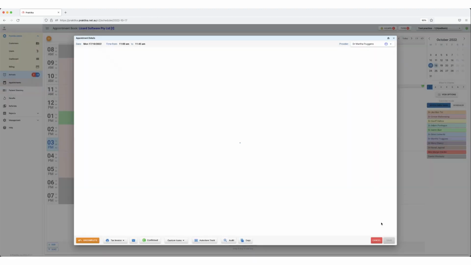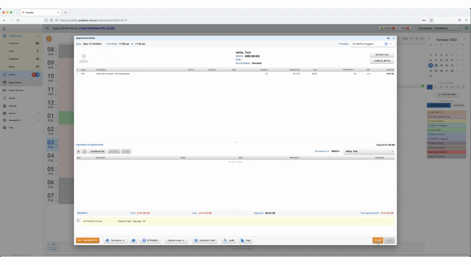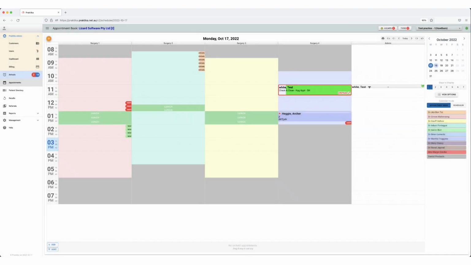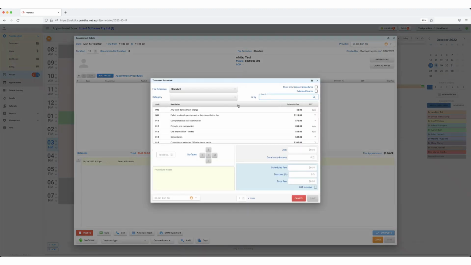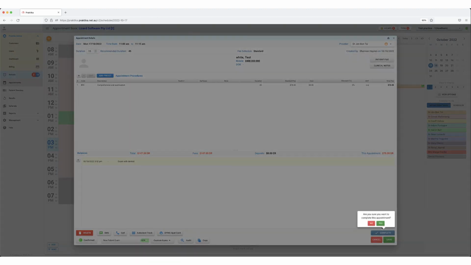If we complete the appointment, just close out of that one. I've just got this one on the side in the admin column. So this is going to be the exam appointment for the dentist. So if I assign the provider to who the dentist is, who did the exam, add in the exam item number, complete that appointment,